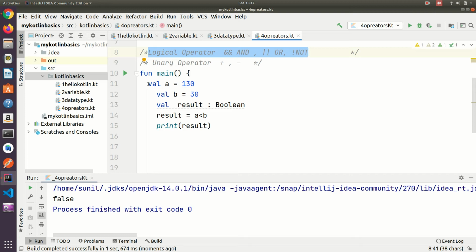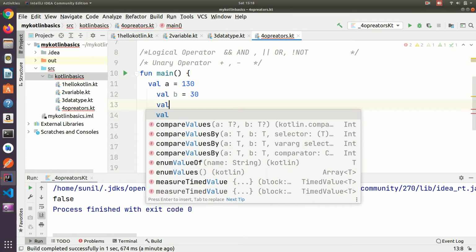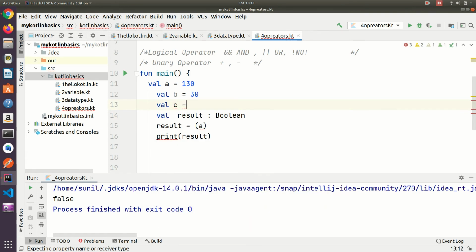So for logical operators, what we can do here is take all the values. Here I am going to create one more variable, c is equal to 30.